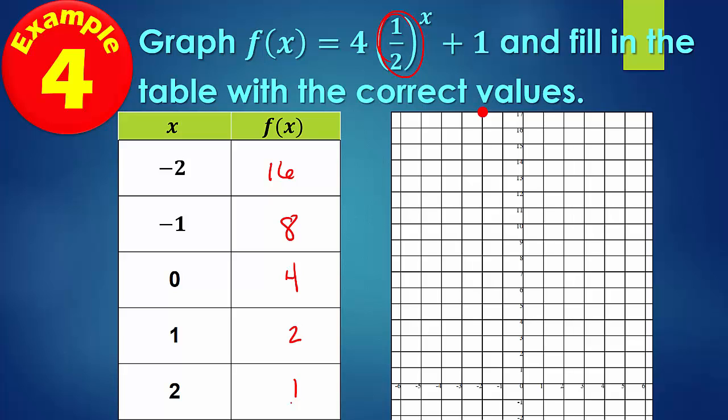So we have negative 2, 16. It should be down a little bit. Sorry, it looks like this graph shifted, and all these should be down 1. Oh no, wait, my bad. I totally skipped over the plus 1. So we had the 16 plus 1, which is 17. We had the 8 plus 1, which is 9. We had the 4 plus 1, which is 5, 3, 2. And that's what it's going to look like, roughly. It's not a perfect science. Your graphing calculator might help here, using the app on